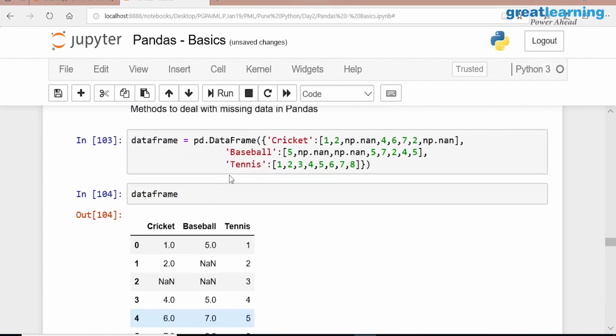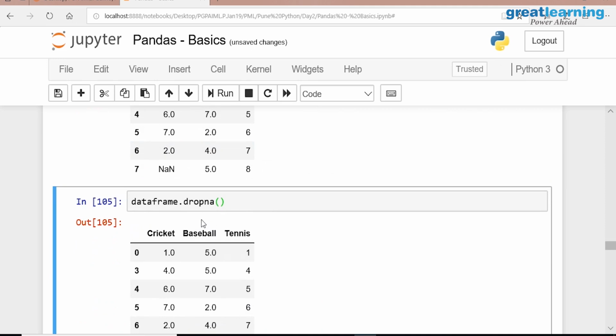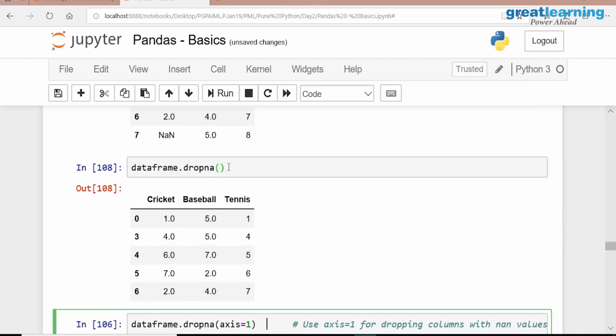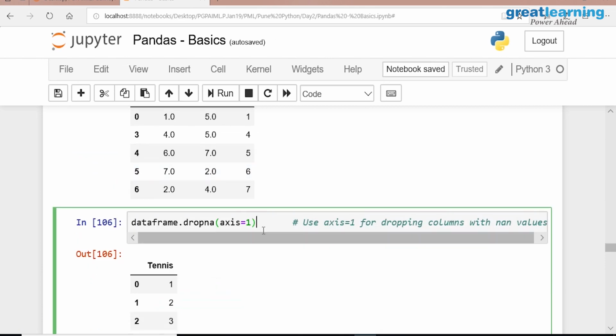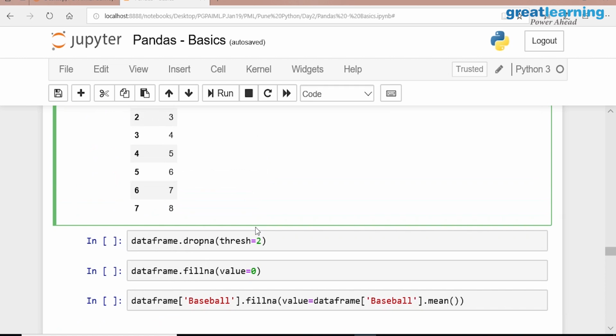That's why the original data set remains as is. I'm only creating a new data frame here. So dropna, by default axis is equal to 0. That means it will drop the rows. Now axis is equal to 1 means it will drop the columns. Usually will you drop or will you do something?